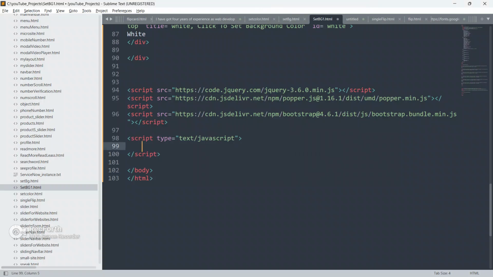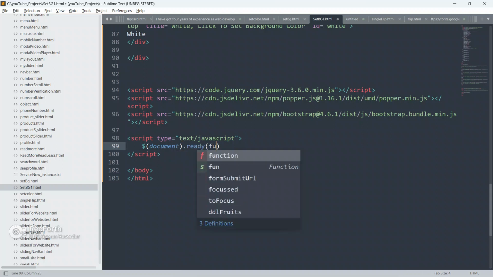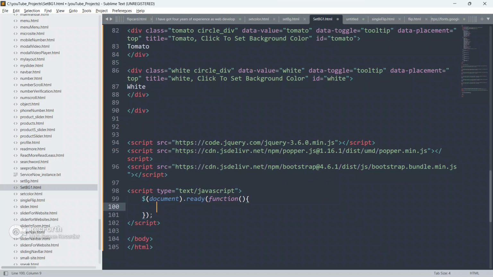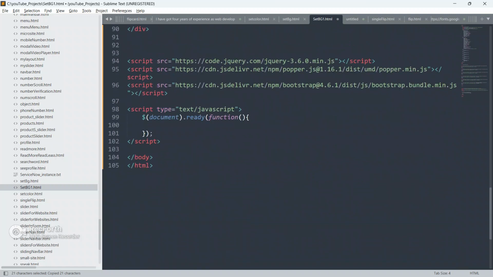So now I am going to use this Bootstrap tooltip here also. Okay, so just go here, document dot ready, then we will run a function. As here guys, we have given data toggle as tooltip.